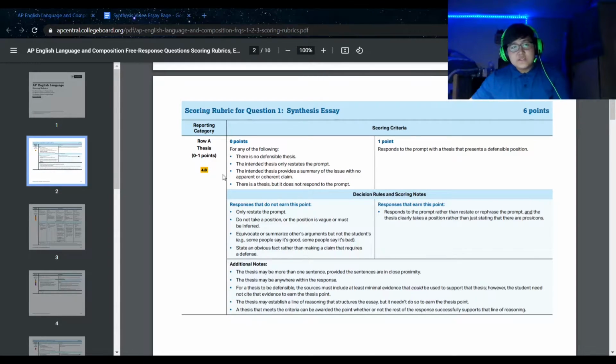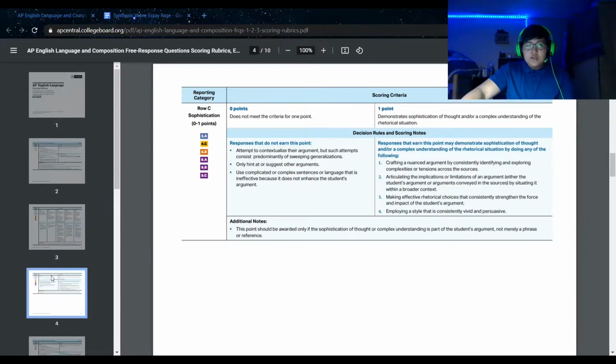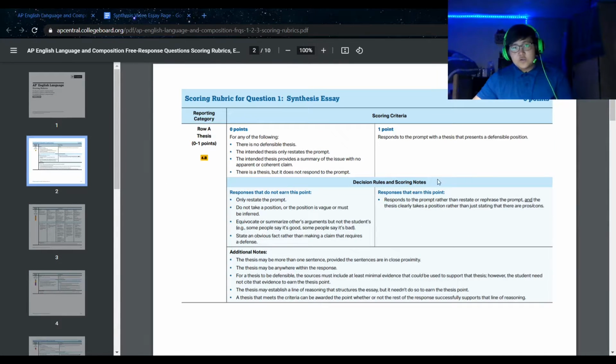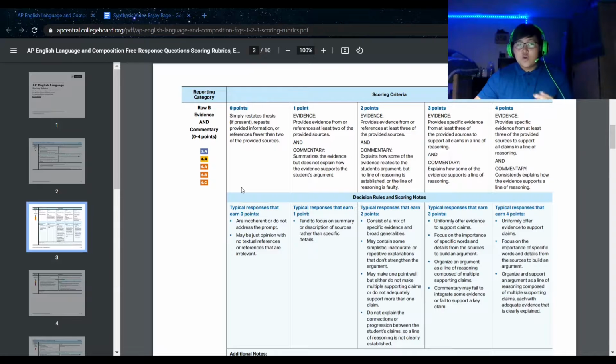So, right here, as you can see, just like the analysis and argument essay, the synthesis essay will be graded on a scale of 6. 1 point for thesis, 4 for evidence and commentary, and 1 for sophistication. As you guys know, the thesis requires you to directly answer the prompt or take a stance that is defendable. I won't go into detail about how to write a thesis, as I believe all of you guys watching this video will know how, but I want to go over the evidence and commentary section because I believe that it is important that you guys get a good grasp of how to use these and how to get all 4